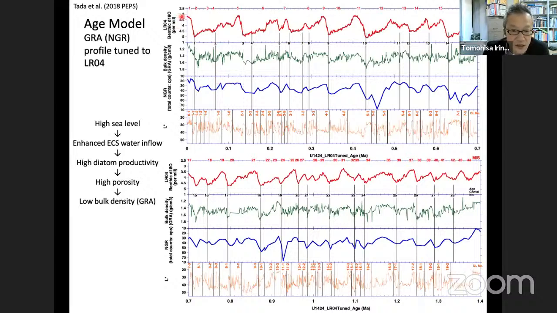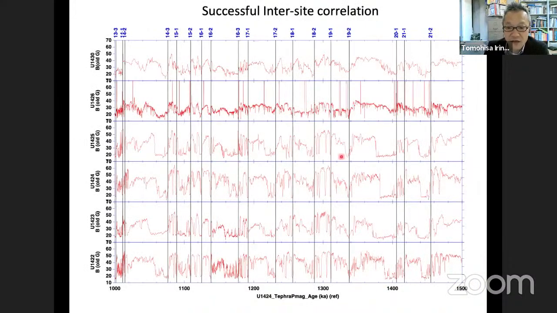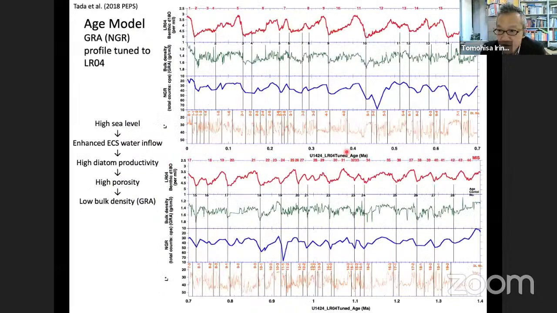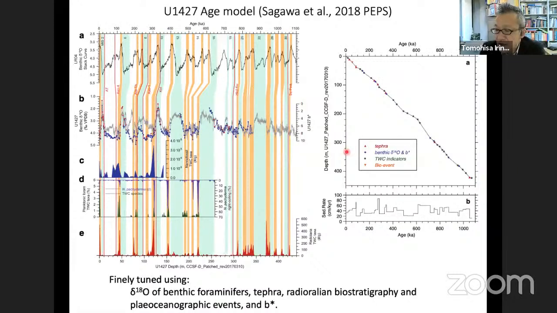Now we have the nearly orbitally tuned age model for one site, which can be projected to the other sites using these dark-light cycle correlations. As for the U1427, which doesn't have a very clear dark-light cycle,